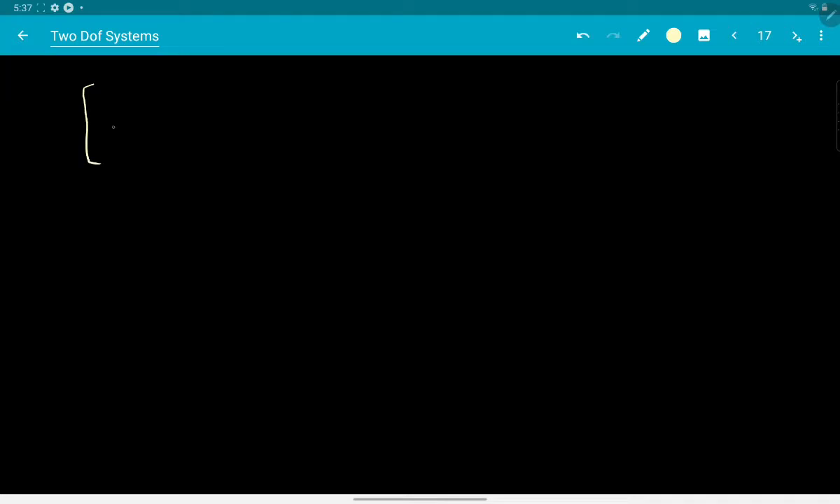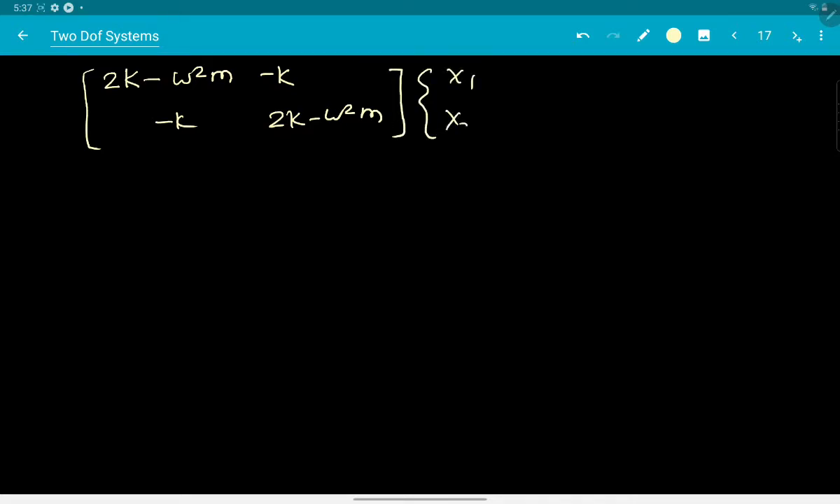Okay, so which was 2k minus omega square m, it was small m, minus k, 2k minus omega square m multiplied by x1 x2 equal to 0 0. Okay, this was the equation that we were solving, and in order to get non-trivial x1 and x2, we have